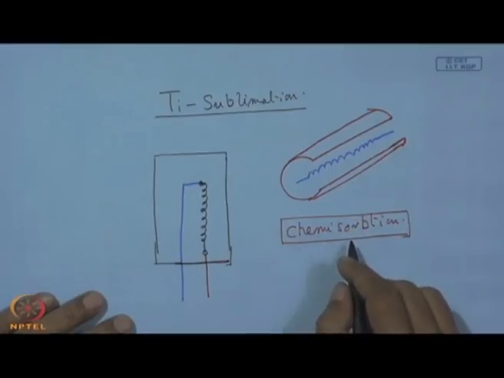So, it is through this chemisorption we can get a reduction of pressure, and this is normally done in any sputtering process. If we have a titanium target, just to evaporate sputtered titanium, it can coat some of the surfaces, and thereby we can get a relatively high vacuum, which is just not possible without this sputtering of titanium. So, this is actually this getter pump or titanium sublimation pump.